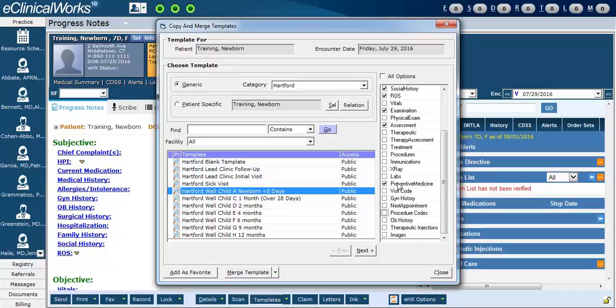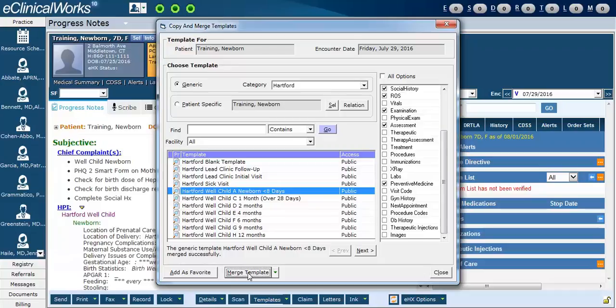Now that I have the things checked that I need, I'm going to go to Merge Template, click that button, and I get a sentence just above it that says that this template was successfully merged. There is no pop-up button or window. There's also no audio sound that tells me that it was successfully merged. I just have to read the statement. I'm going to close this window,